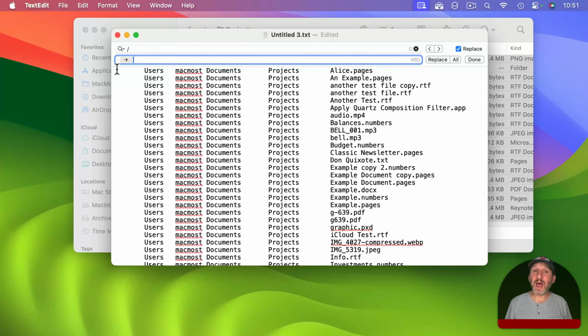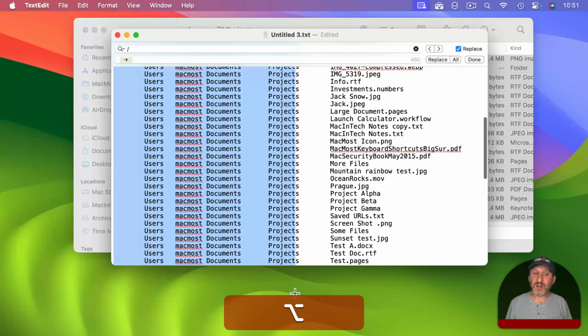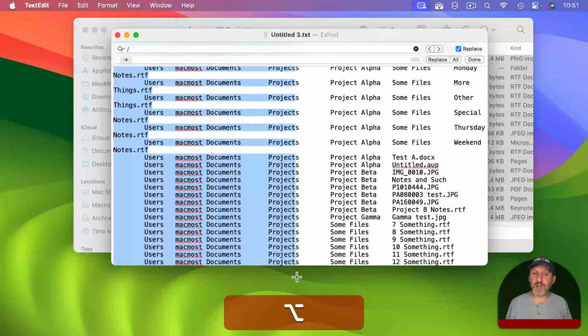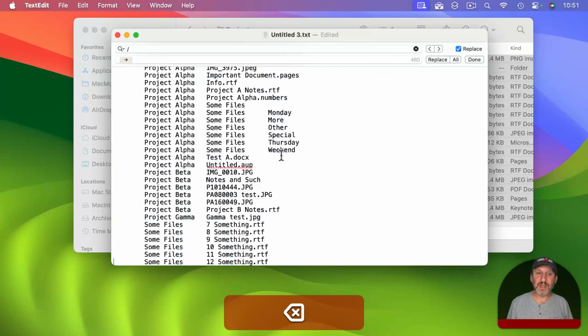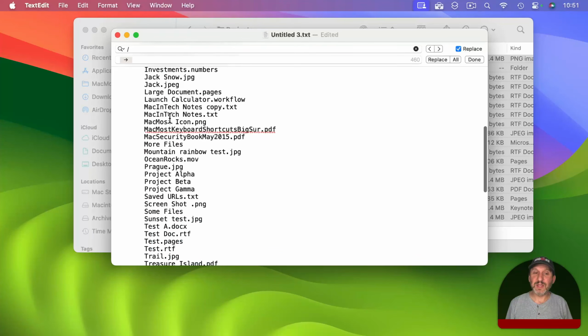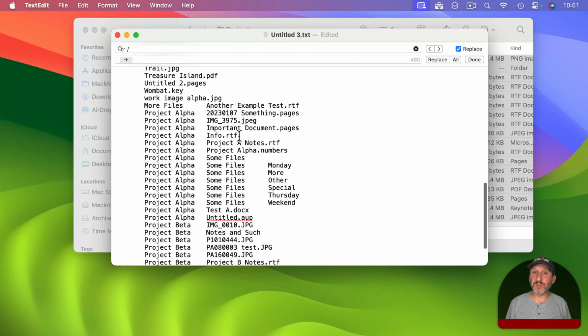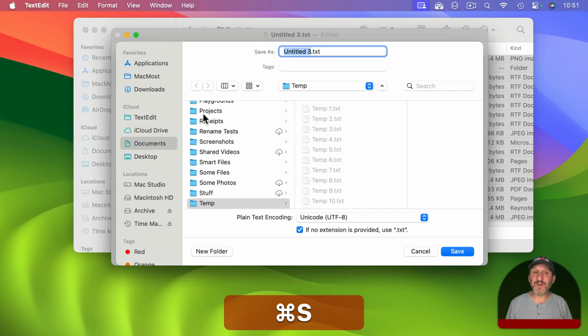Not only that, I can use the Option key and click and drag, and this selects a rectangular area. So I can select all of the users MACMOST documents projects here like that. And if I press delete, now I get rid of that and I just get the folders and subfolders under projects. Now if you want an even better view, one thing you can do is save this file, Command S,